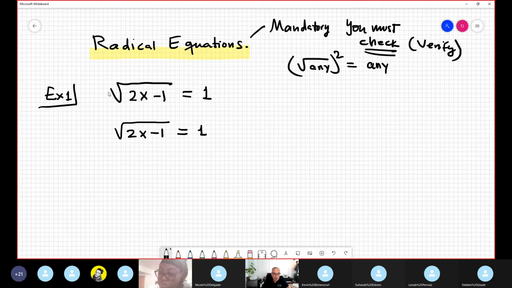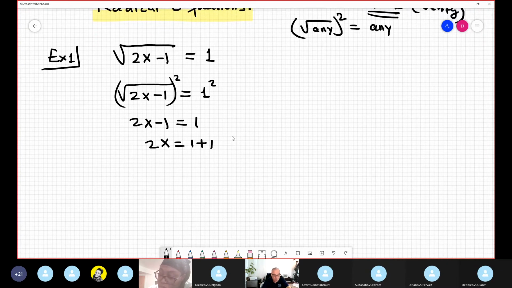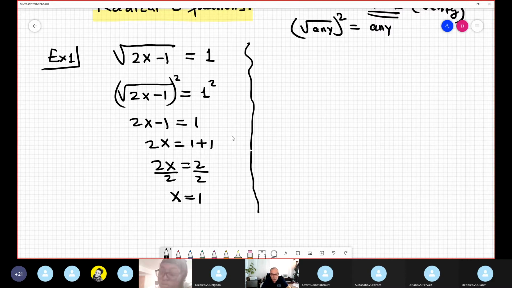So now I need to manipulate. I destroy this. I square, so 2x minus 1 equals 1, because 1 is the square of 1. 2x is equal to 1 plus 1. I move this one to the right-hand side like a positive 1. 1 plus 1 is 2. 2x equals 2. Therefore, dividing by 2 on both sides, x is 1. Okay, I finish. No, in the test I need to see